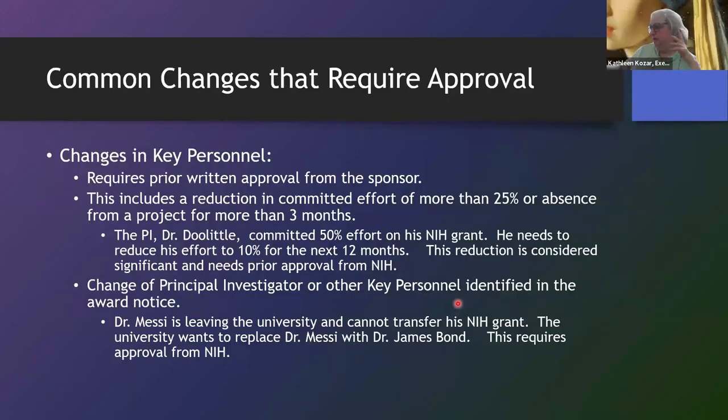So Dr. Doolittle is the principal investigator and Dr. Messy is just his co-investigator. If Dr. Messy's name does not appear in the NIH notice of award and Dr. Messy leaves or he changes his level of effort, you don't have to worry about Dr. Messy. Only if Dr. Messy is also named in the award notice do you have to worry about getting approval if he changes his effort. Okay, so